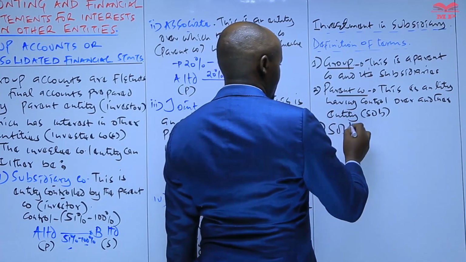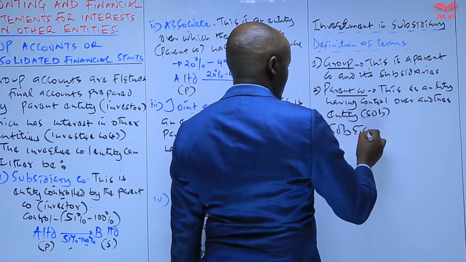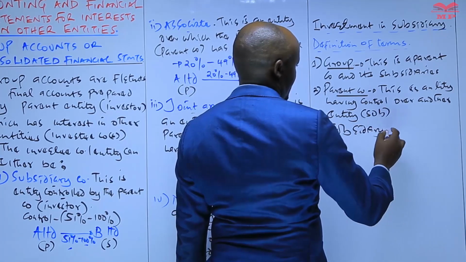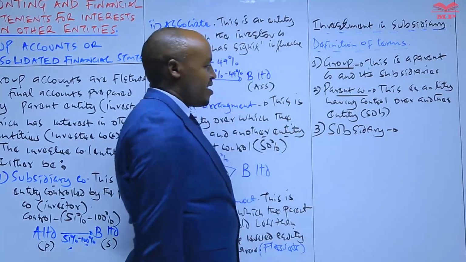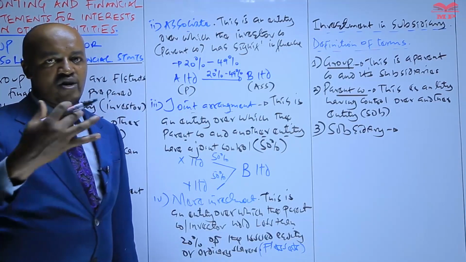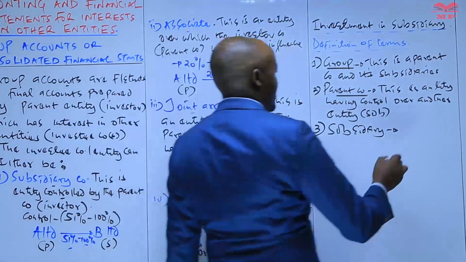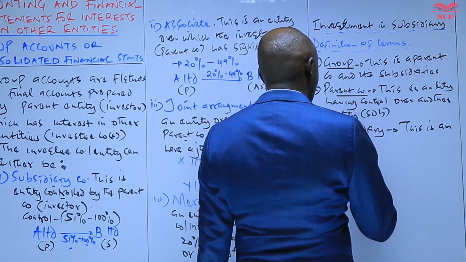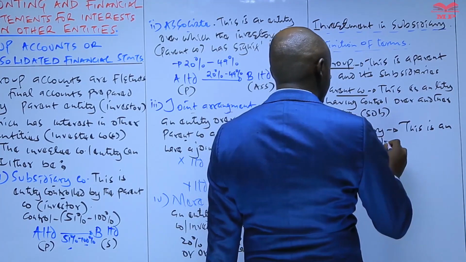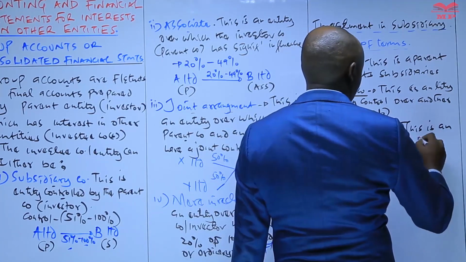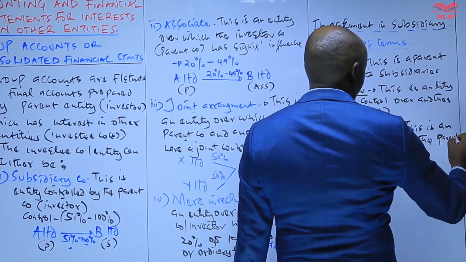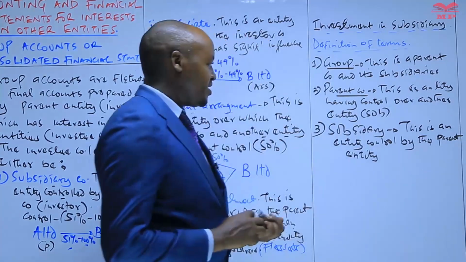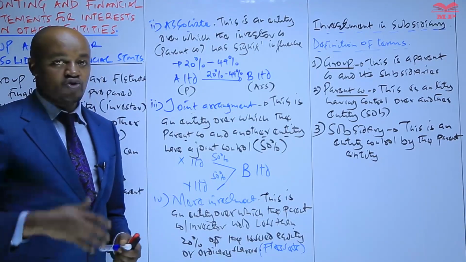The other term we need to define here is the subsidiary. When we talk about a subsidiary company, we can say that this is a company which is controlled by the parent. This is an entity controlled by the parent entity. Essentially, a parent company will be controlling another entity,